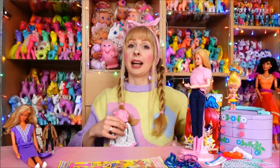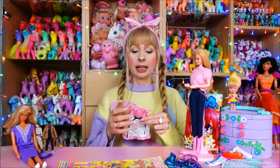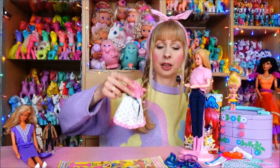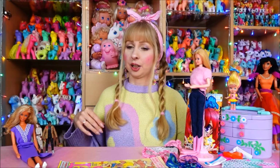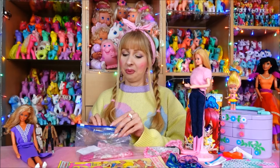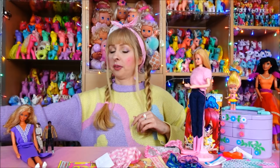So, you know that I have a couple of my first Barbies from the early 80s, which don't have their original outfits or anything, but definitely one of them will probably get this because it's one of my first fashion pieces. This is one from 83. And there were two more pieces in there, which are the original fashion pieces that go to one of my first Barbies